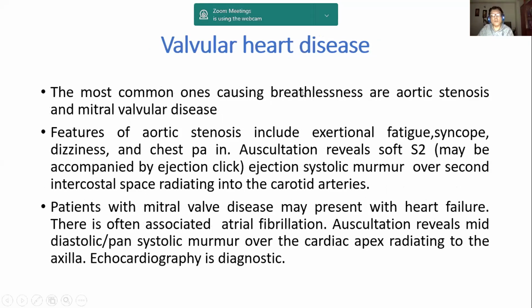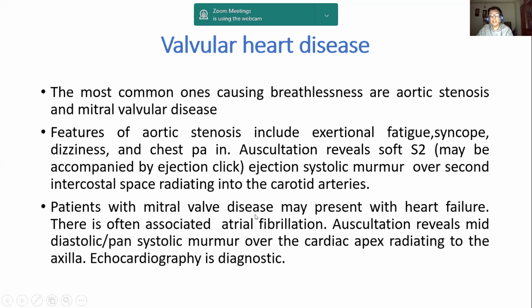Valvular heart disease, we all know that they cause shortness of breath. The predominant ones are aortic stenosis and mitral valvular disease. Aortic stenosis, we have already attended the lecture. We all know that it causes exertional fatigue, exertional syncope, dizziness, chest pain. The second heart sound is usually soft. And if the valve is non-calcified, we can get an ejection click with an ejection systolic murmur